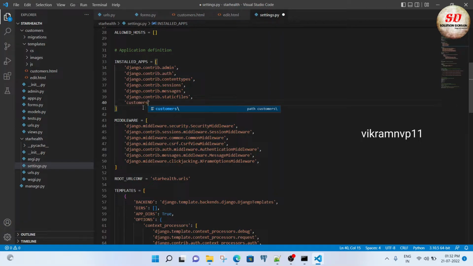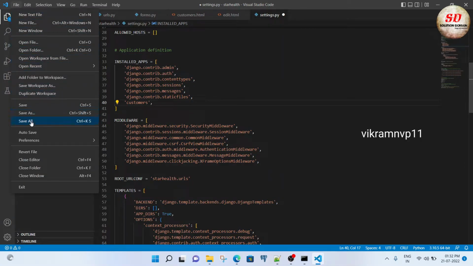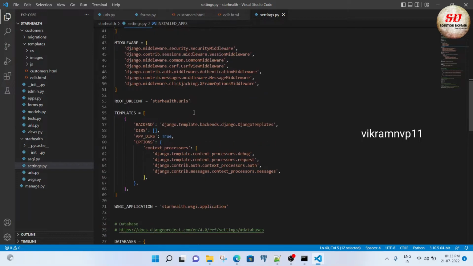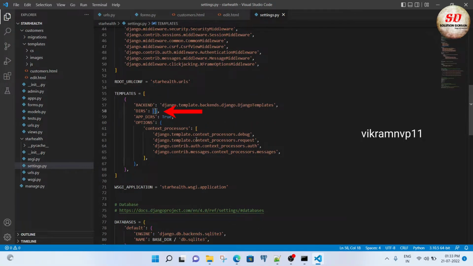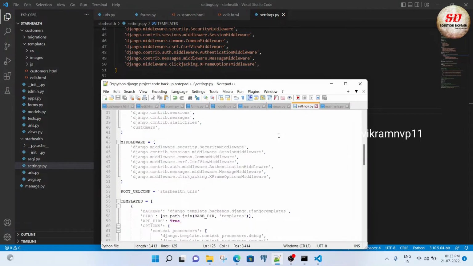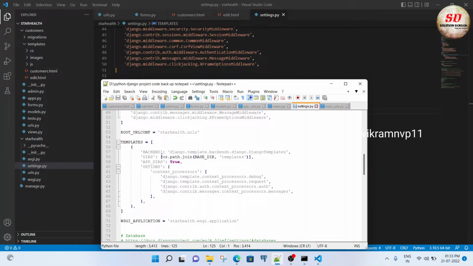I am going to add this customers app in settings.py installed apps. Next, I am going to save all the changes. In dirs templates in settings.py, we need to add the path of templates folder that we have created in customers app. The path is like this: